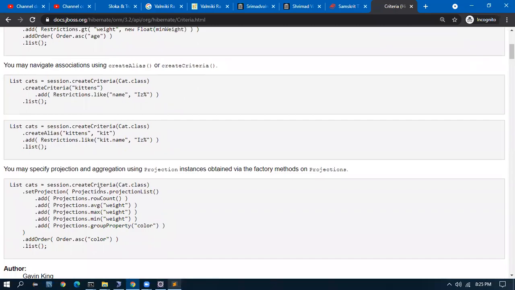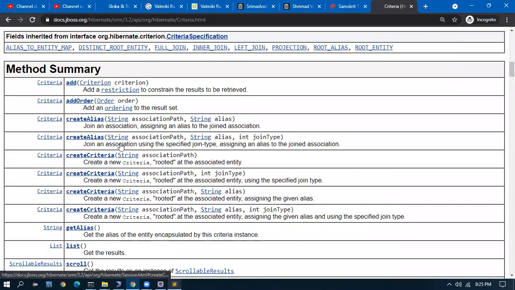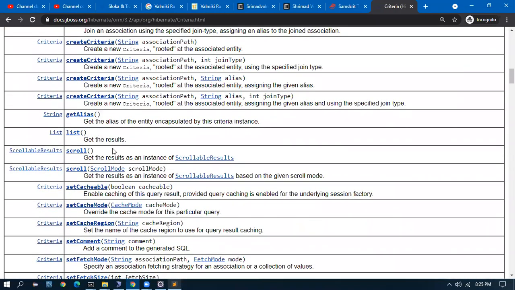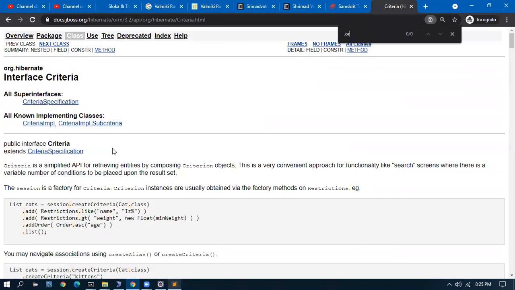Let me go here dot add dot or, restrictions dot or.